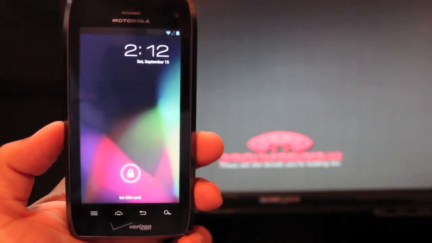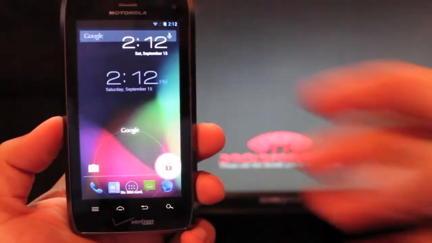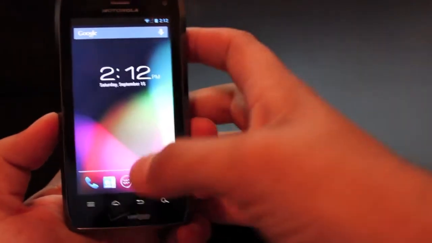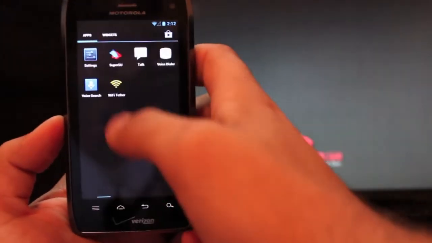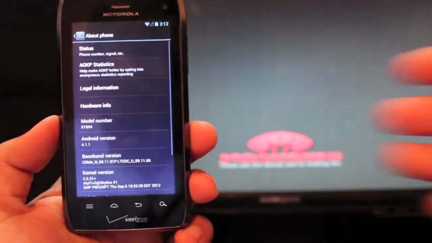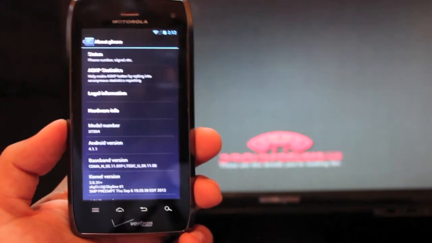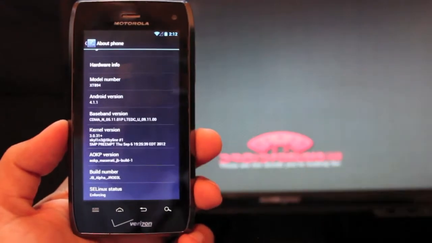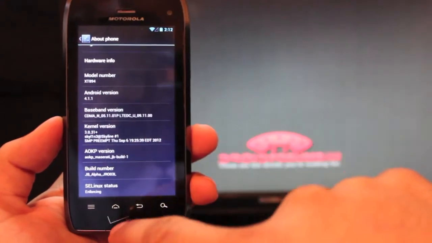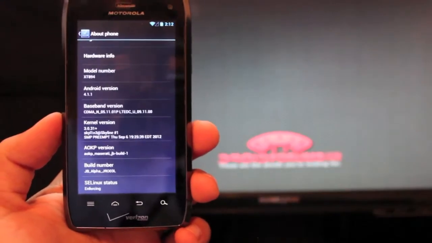Today I'm going to show you guys AOKP for the Droid 4. Now this is the Jelly Bean version, so we'll go to Settings and About Phone. You guys can already see how incredibly fast it's running. That's because of Project Butter. And let's see here. We are running 4.1.1, and this is the JB Alpha Build